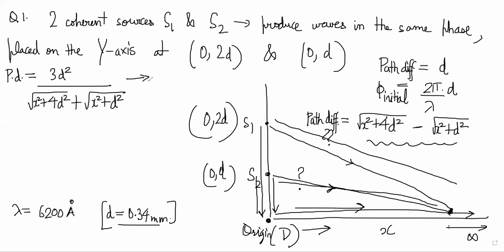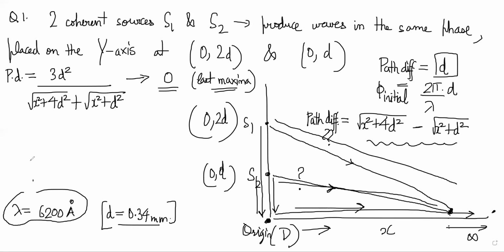So clearly it seems like this tends to zero, right? So there will be a maxima at that location as x tends to infinity, right? That will be the last maximum. So at this point, when the path difference was d, d is how many times the wavelength? You understand what I'm saying? Like d can be written as